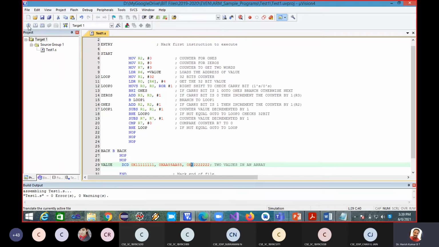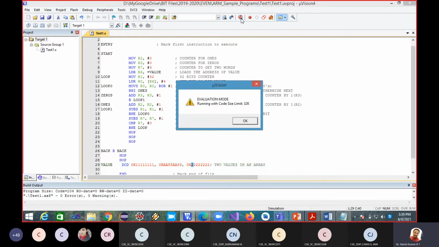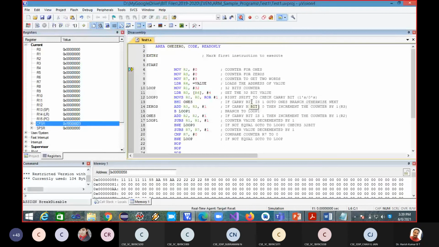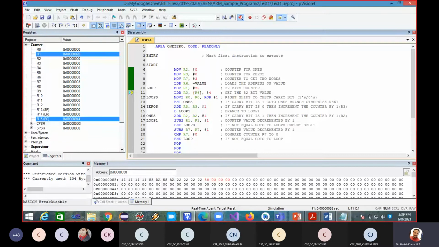Now I'm retranslating my program, and okay, done. Now I'll go for debugging. The first value is loaded, and then I'll go.